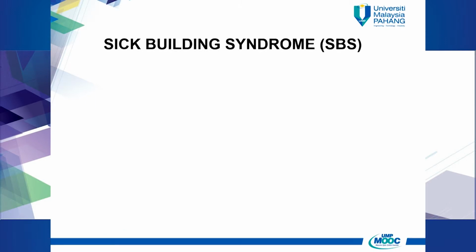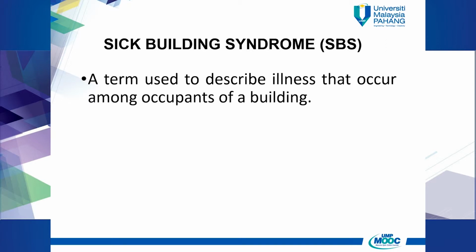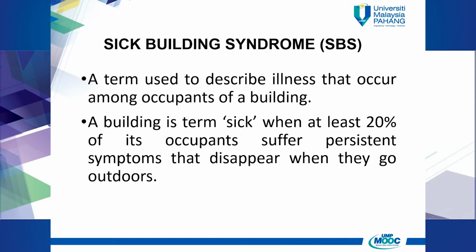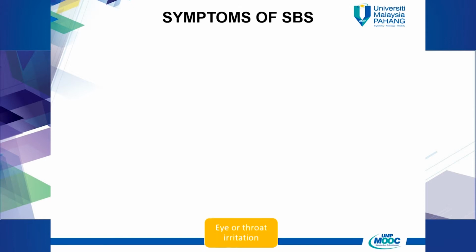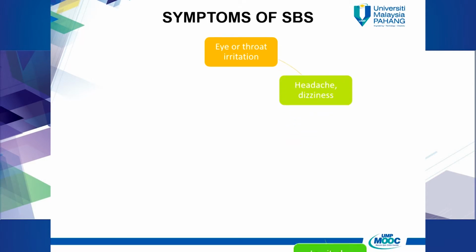Sick building syndrome, or SBS, is a term used to describe illness that occurs among occupants of a building. A building is termed sick when at least 20% of its occupants suffer persistent symptoms that disappear when they go outdoors. The symptoms that characterize sick building syndrome are eye or throat irritation, headache and dizziness, lassitude and fatigue,